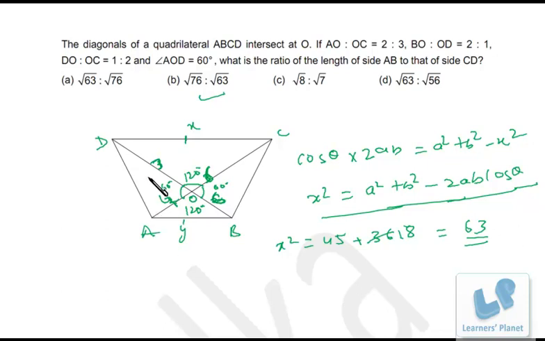So we just have one option over here, that's root 63 as the length of CD. But still we have to calculate the other length, because maybe this 7 is also a factor of 63. So maybe root 9 can be taken as common. So we need to go for the other calculation also.